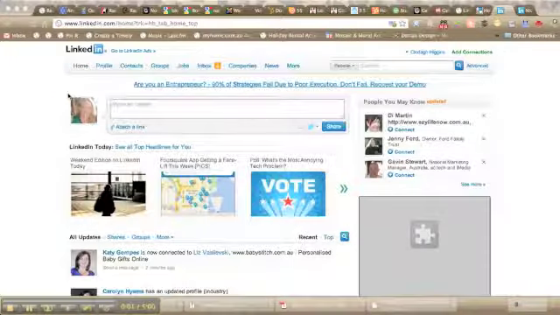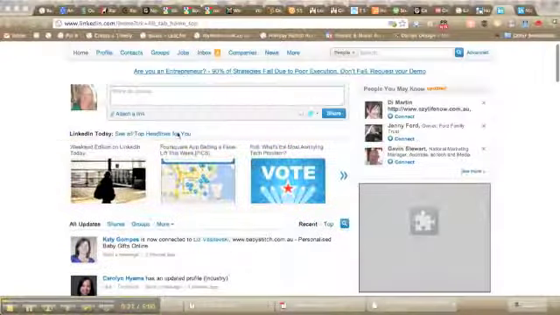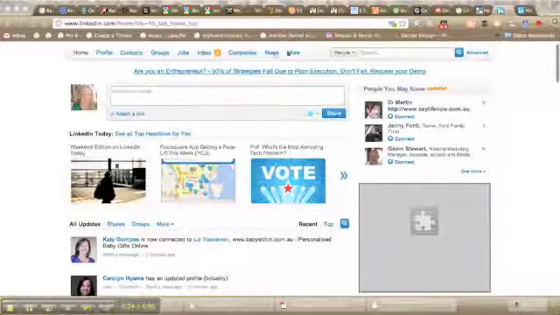So now we've covered individual profiles on LinkedIn. We've also talked about groups, and another great way to connect with people is answering and asking questions. LinkedIn is like a big water cooler at the office where people can connect and read stories. As you can see on the front page, they put updates about what's going on. So here's a great way of finding out what questions people are asking.